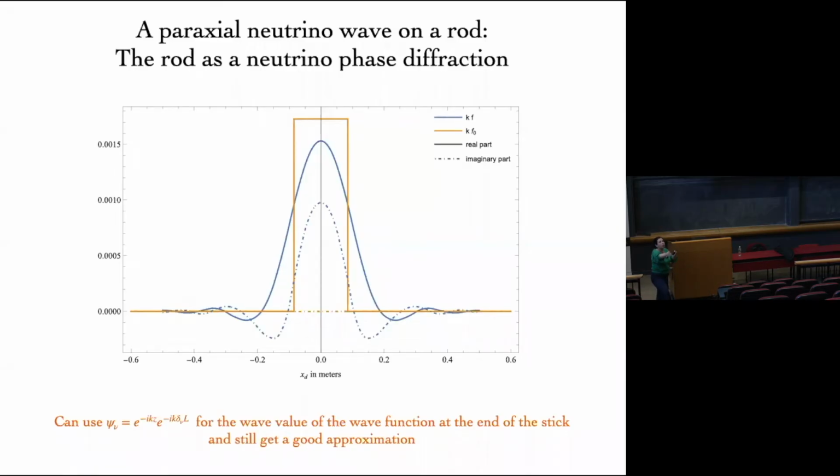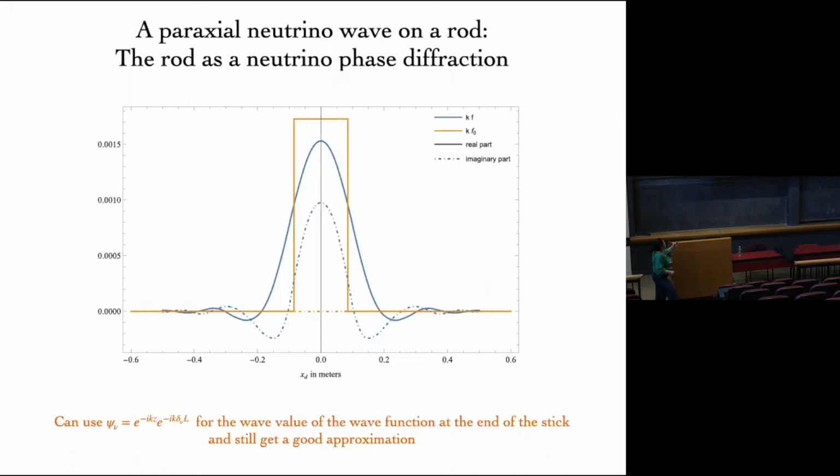Basically, you just take into account that the wave just accumulated phase inside the stick. And the solid blue line is the actual solution. So what this teaches you is that even though there are dispersive terms, they are not important. You can just ignore them. Turns out they only make, in the wave, like a 10 to 20% correction in the final answer. It's slightly bigger, but it's still within the things that we can